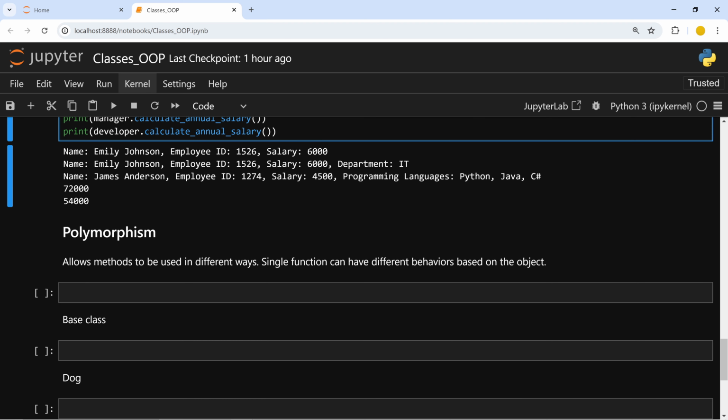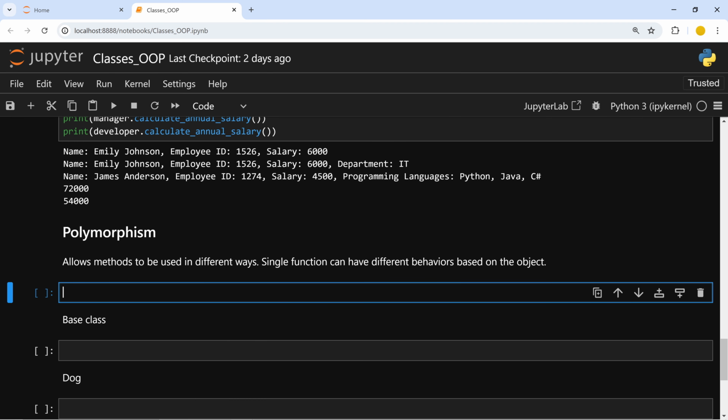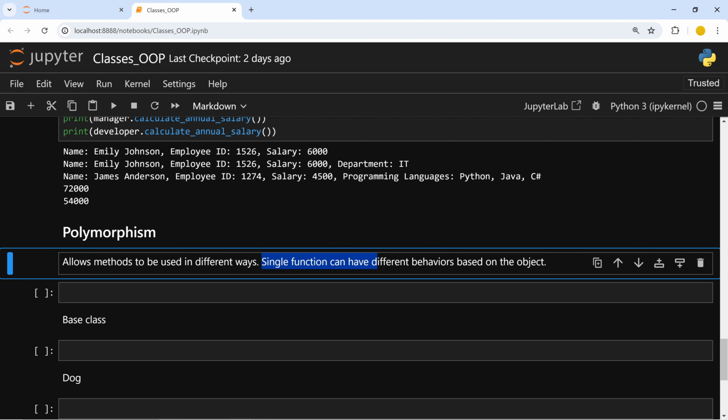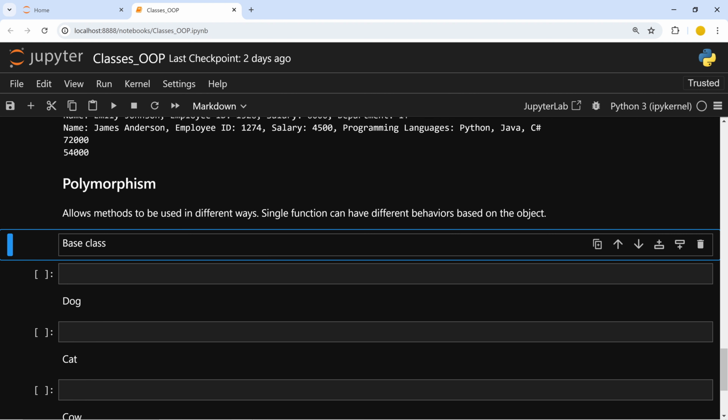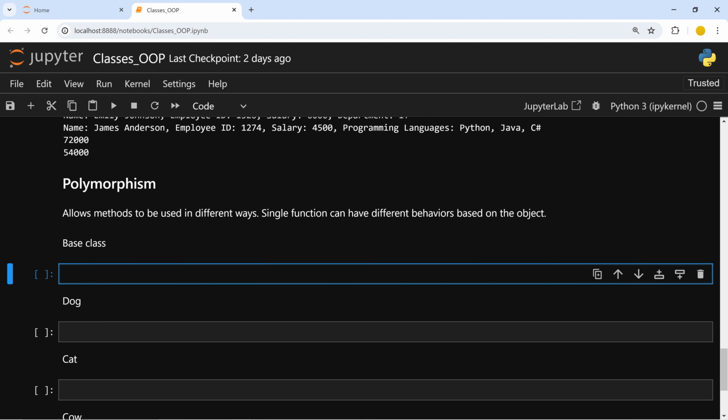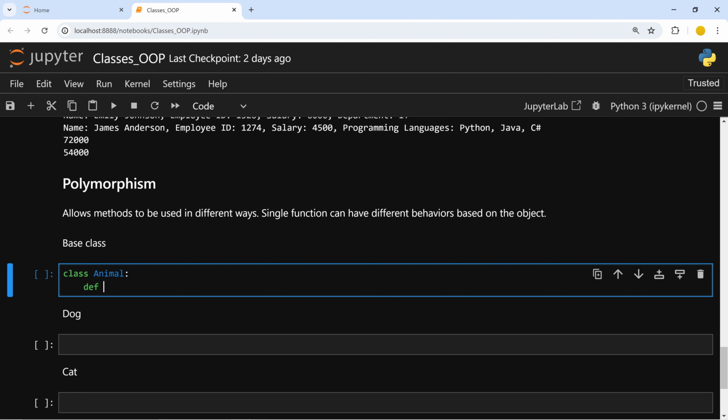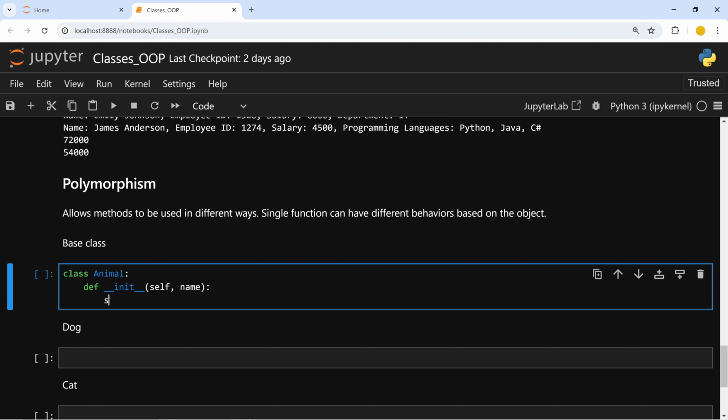Okay, now let's see polymorphism. Polymorphism allows methods to be used in different ways. A single function can have different behaviors based on the object. Let's delete this cell and create the base class, the parent class in here. This is class Animal. Okay, and it's going to have an init method like this. It will take self and just the name of the animal. Okay, self.name